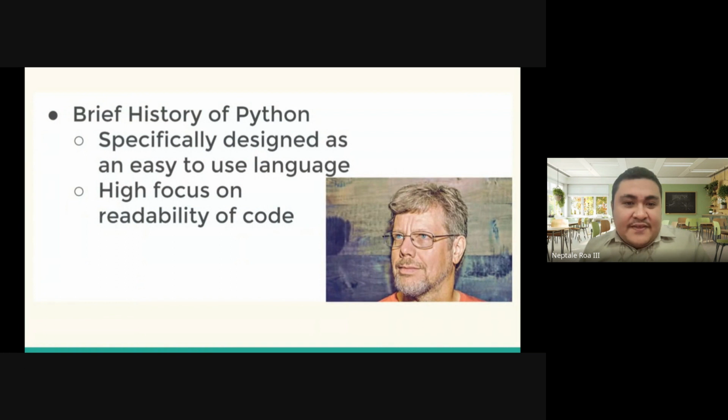Okay. Now, another reason why Python programming became mainstream, not only to the developers, di ba naman tayo community of developers, di ba? Those who are programmers, software engineers, it became also popular to those who did not graduate in IT, but who are enthusiasts in programming and computer science because the language created was specifically designed as an easy to use language.